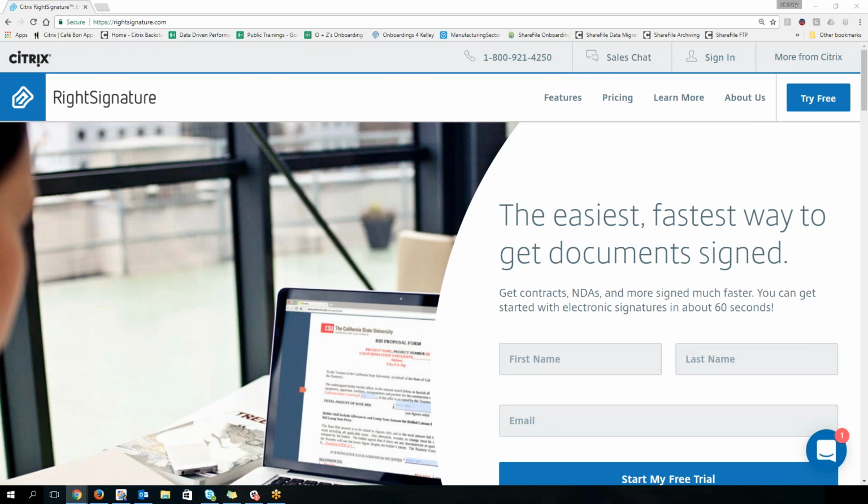My name is Zachary Ewan, and this is in regards to specifically what we call RightSignature. Some of you might also refer to this as e-signature. My screen currently does show RightSignature.com. Again, this is for people who just have RightSignature. This is in no way related to anyone else that might have ShareFile or Podio or any other of our Citrix products. What we're going to do today for probably about the next 32 minutes is we're going to cover